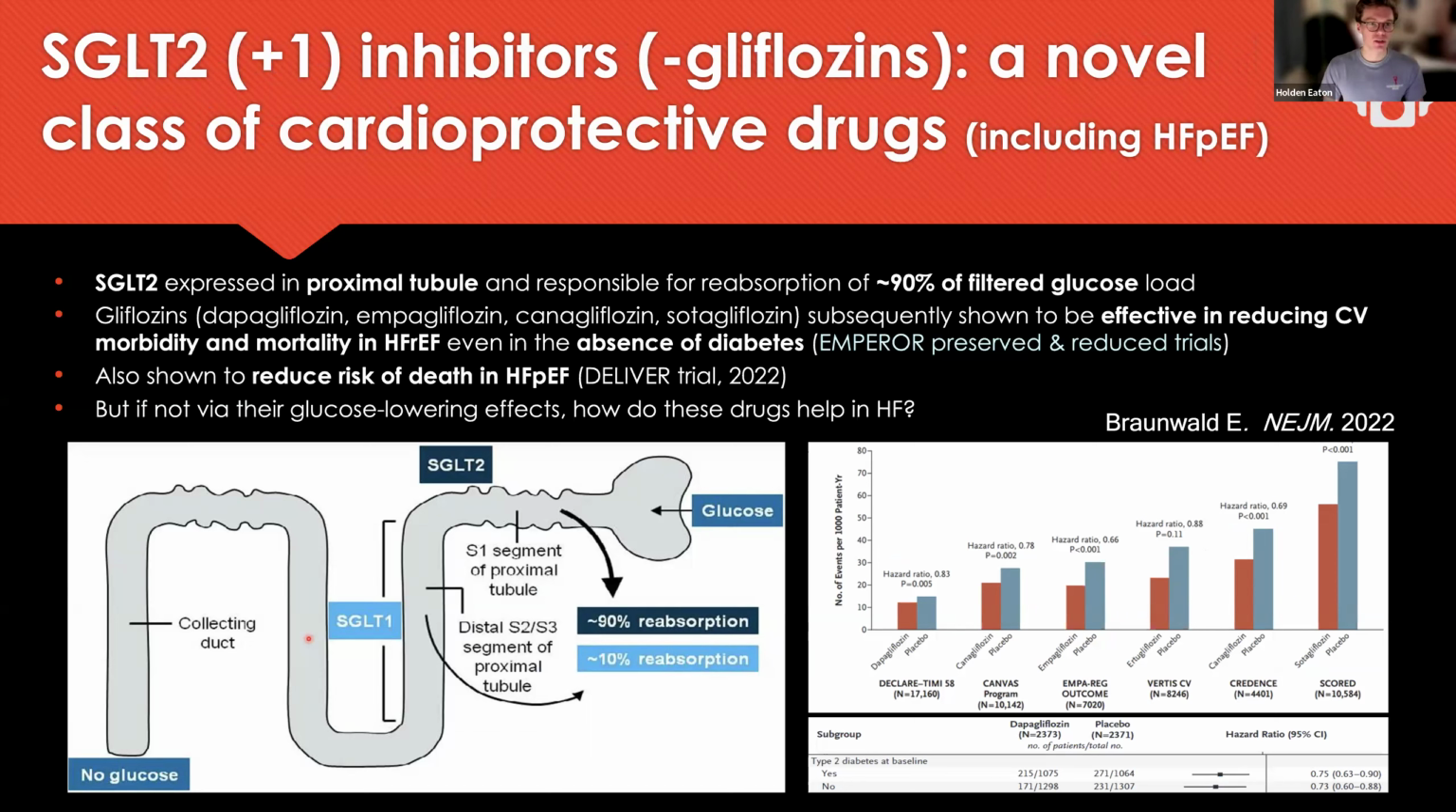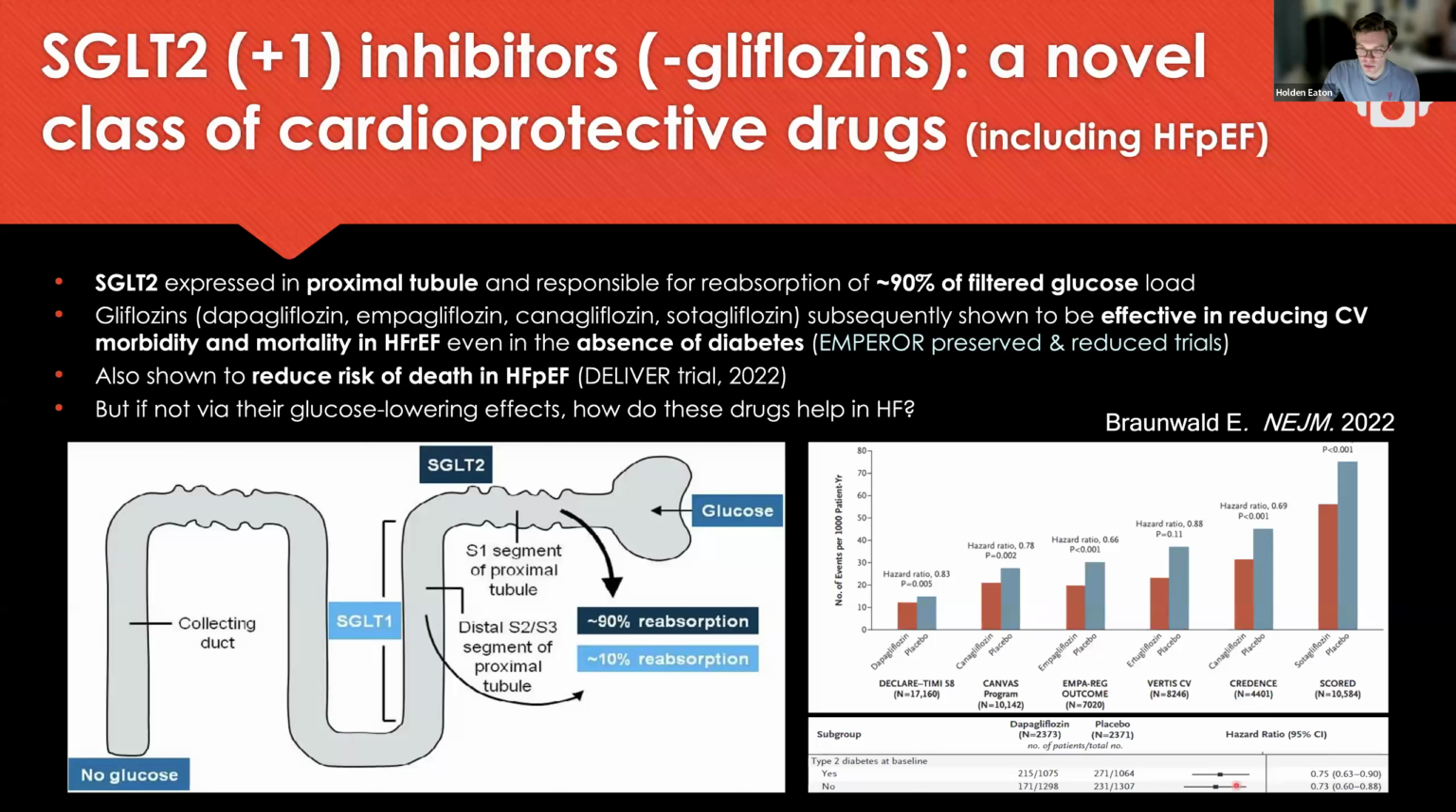First, we have SGLT2 inhibitors. Now, these were first introduced for diabetes because they block glucose resorption in the kidney and allow you to excrete more glucose through urine. But they were also then shown to be effective in reducing cardiovascular morbidity and mortality in HFrEF. And they were even effective in the absence of diabetes. So right here at the bottom right,